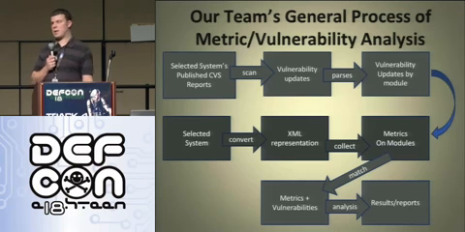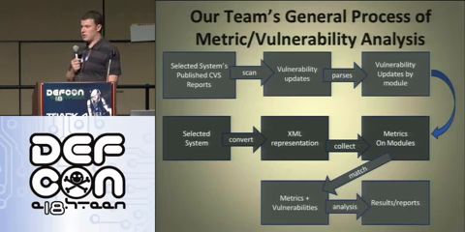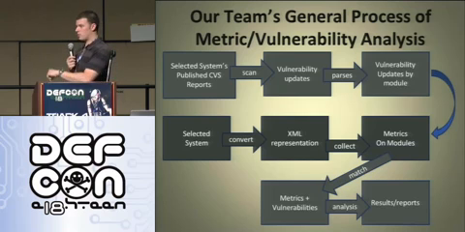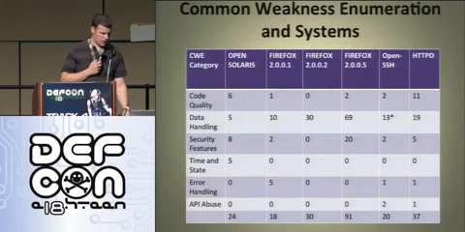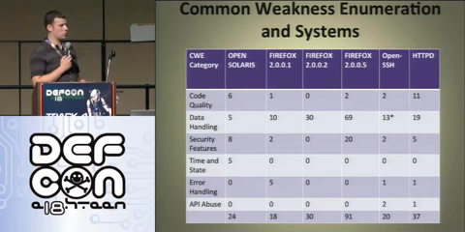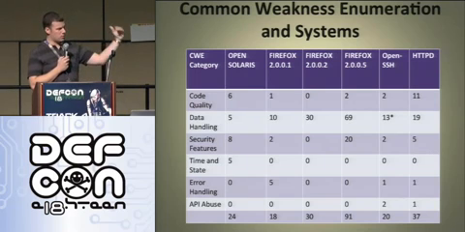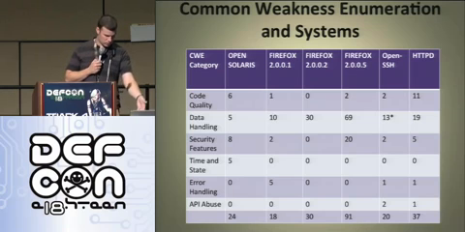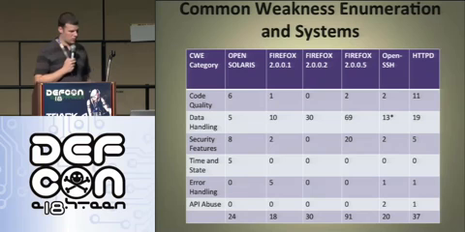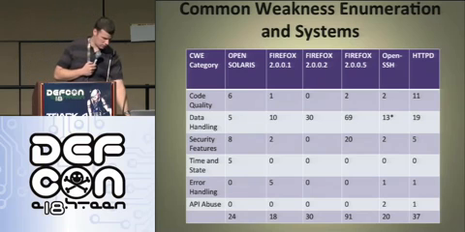I mean, if it says, hey, Apache has a buffer overflow, but doesn't tell you exactly what module the buffer overflows in, that doesn't do you any good. So that was really my part, to find exactly where those vulnerabilities were. So then when they run the metrics code, we could say, okay, the metrics actually identified all these. So there we have our CWEs, how many we'd collected for the different versions.